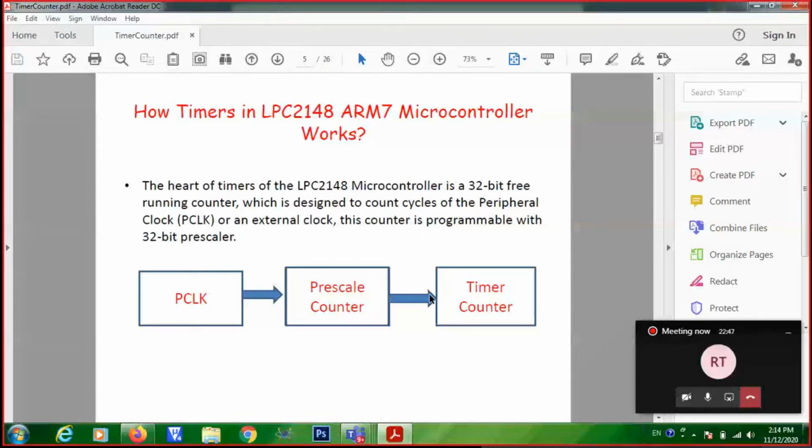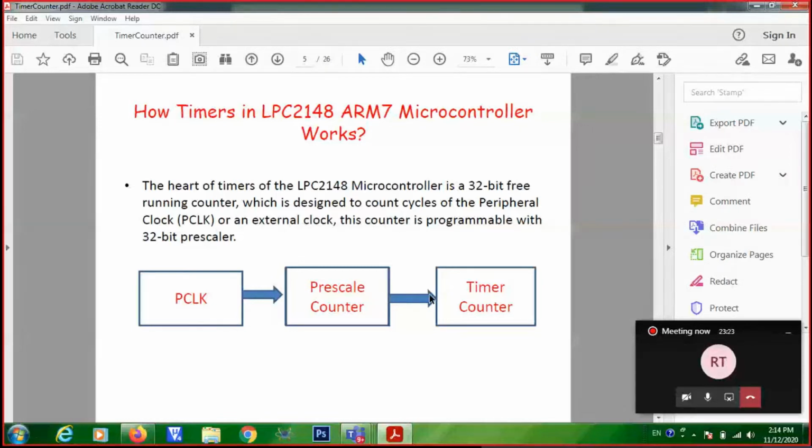So in that case, what will be the total delay? 2 raised to 32 into peak clock into prescaler ratio, that is 2. Right. So that means you have increased the resolution by 1 millisecond into 2. So when it gets 2 peak clocks, then only your timer counter will increment by 1.